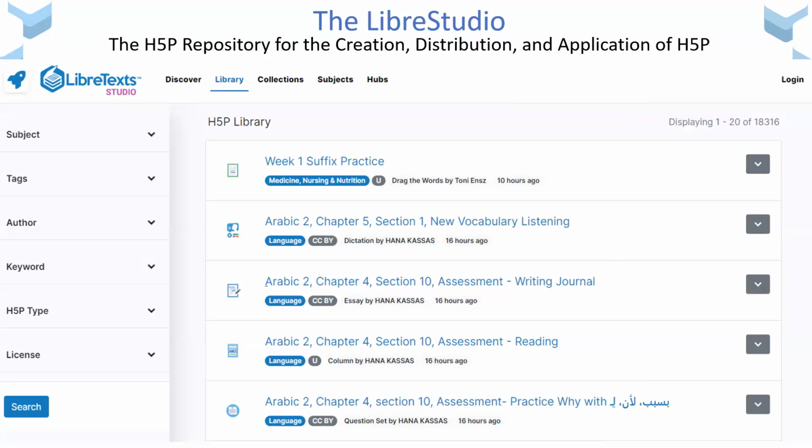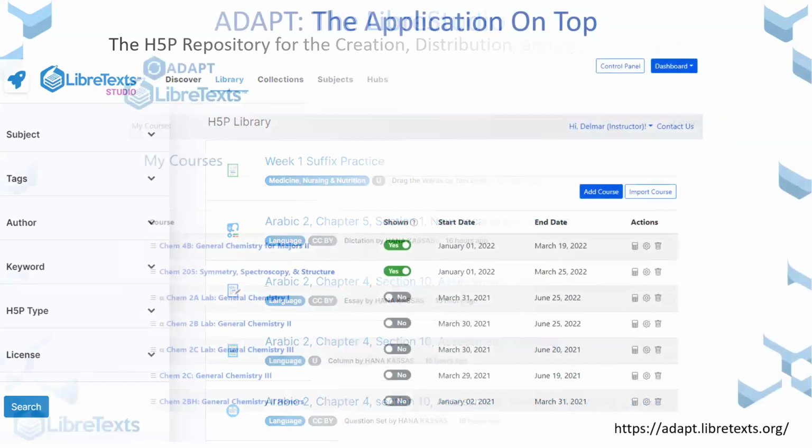A critical component of ADAPT is the Studio. The Studio is our repository for H5P. It's a freely available platform that anyone that has an account on the Libreverse can come in and create questions and use those questions in a formative sense, where you can embed them into your textbook without requiring students to sign in, or in a summative sense, requiring students to use your textbook as a homework system. And that's freely available. It's oftentimes quite pricey otherwise.